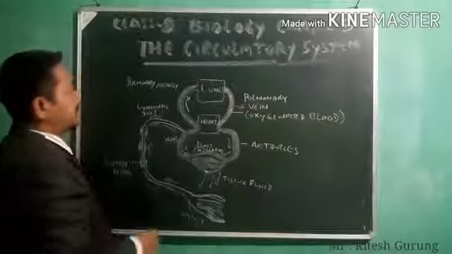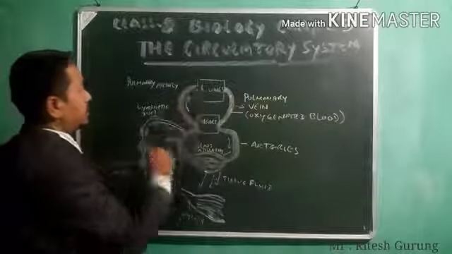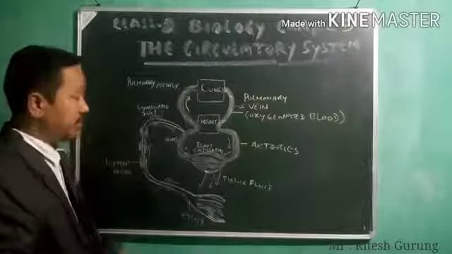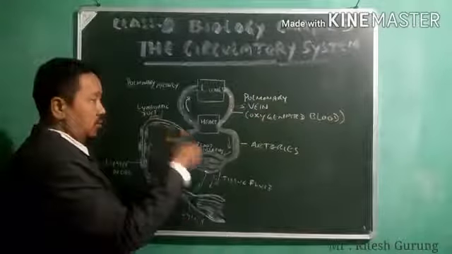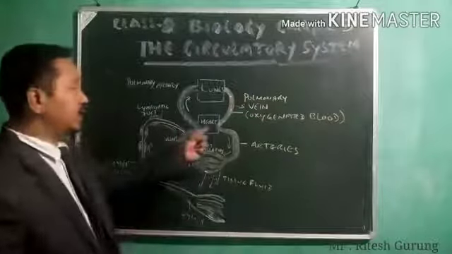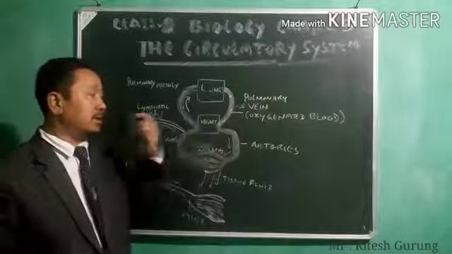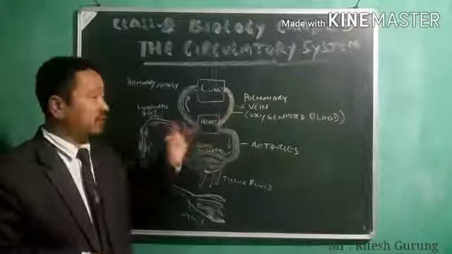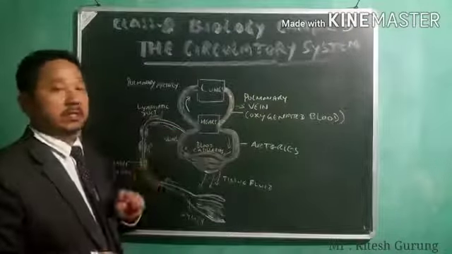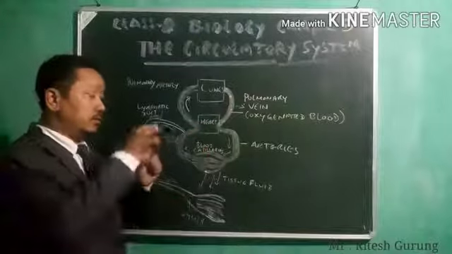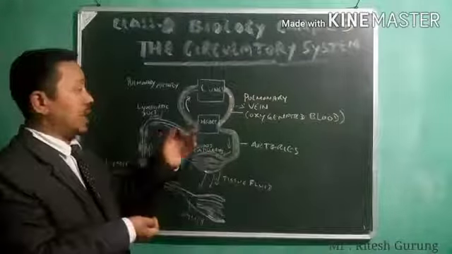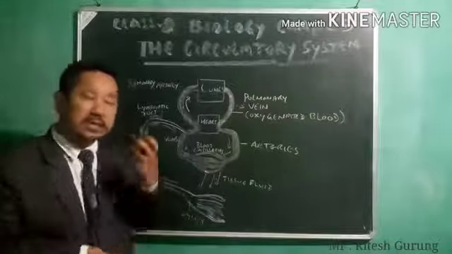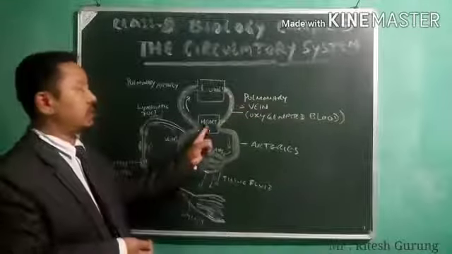All right, then from the heart to the lungs is your pulmonary artery. What is that? Pulmonary artery. See, what happens is that the heart is the pumping part of the circulatory system that pumps the blood. In fact, the movement of the blood, or circulation of the blood, is actually regulated by